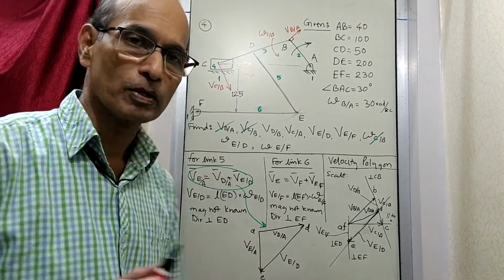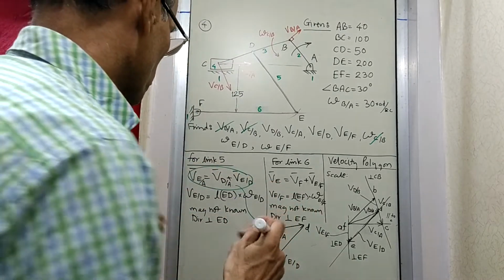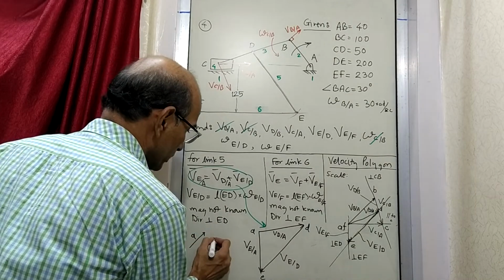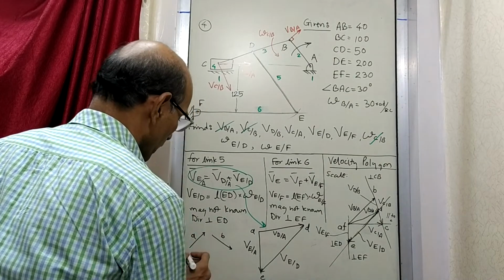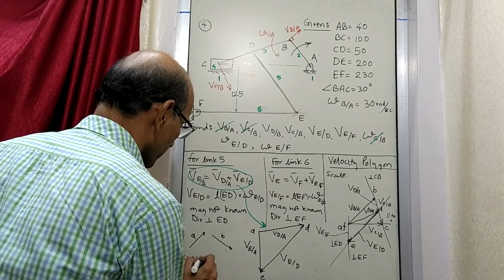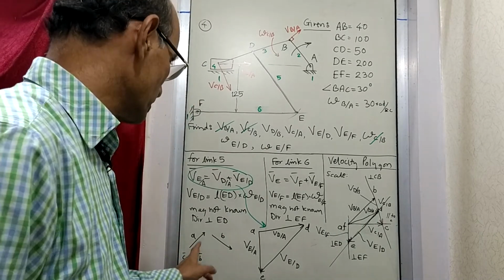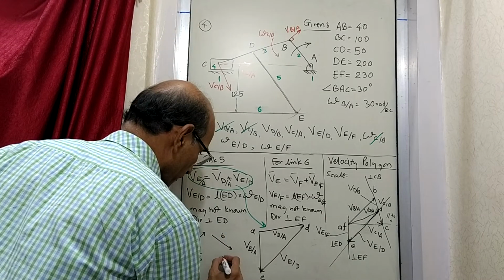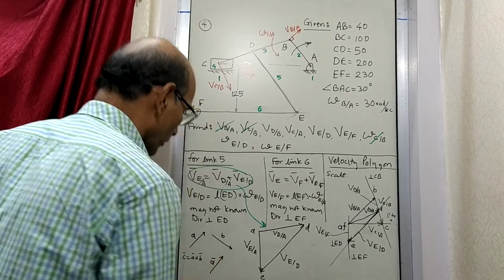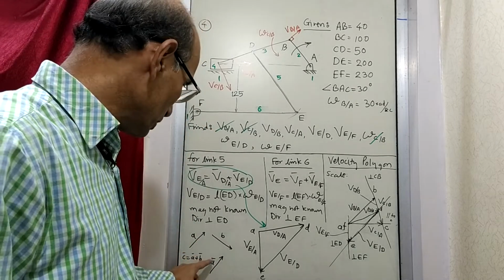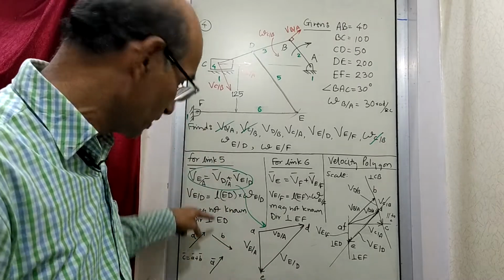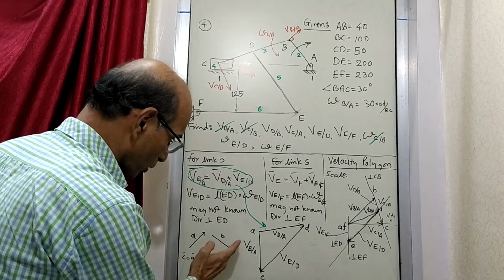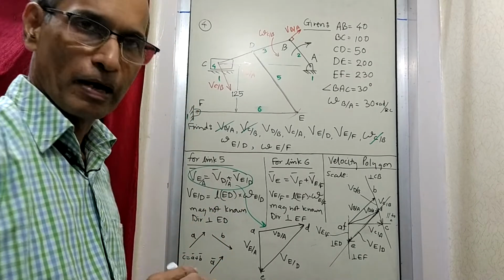So you must have learned vector addition sometime back. Suppose you are given vector A and vector B, and you are asked to find vector C equal to A plus B. So what do we do? We take vector A. I will draw vector A here. Now you say this vector is the same as this vector only when it is parallel and of the same length. So this length is the same as this length, and the direction is also the same. So this vector is the same as this vector.